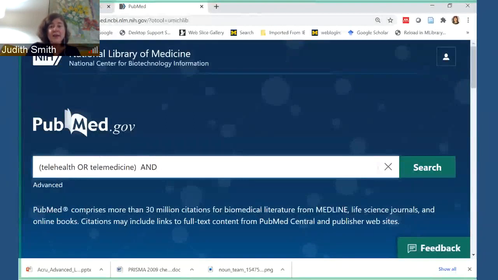So one thing I would say is you want to go up to sorted by, and you want to be sure that your display options are set up to best match. That way, PubMed will look for citations that have more of your words in them in the title and abstract, and your best results will come to the top.